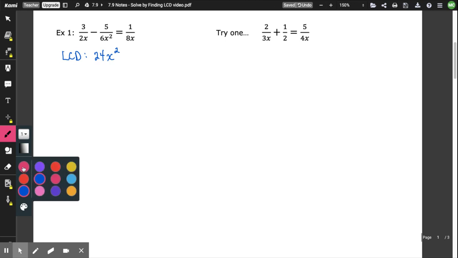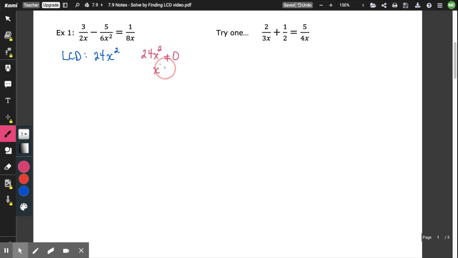Next I need to figure out what values of x are not allowed. To do that, I'm going to take that least common denominator and say that it's not allowed to equal 0. If I solve that, I get that x is not allowed to be 0. So if I solve this equation and I got 0 as an answer, then I have to discard it because